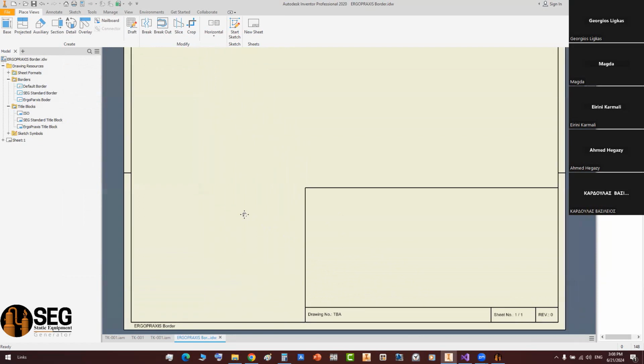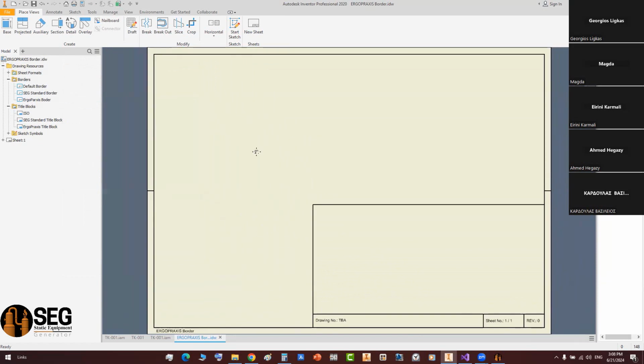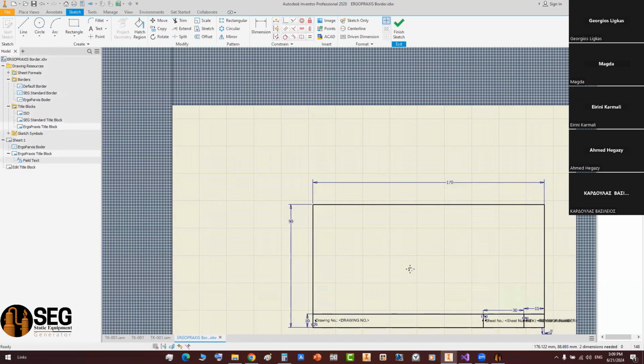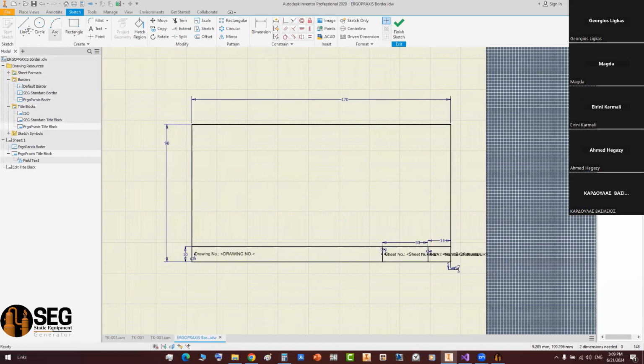Okay, so that's the drawing number. Okay, now let's add a logo inside this border, let's add the equipment tag and equipment service on this border. Let's add some parameters like the project name and some other things. So from here, let's edit this title block. And from here, let's add that